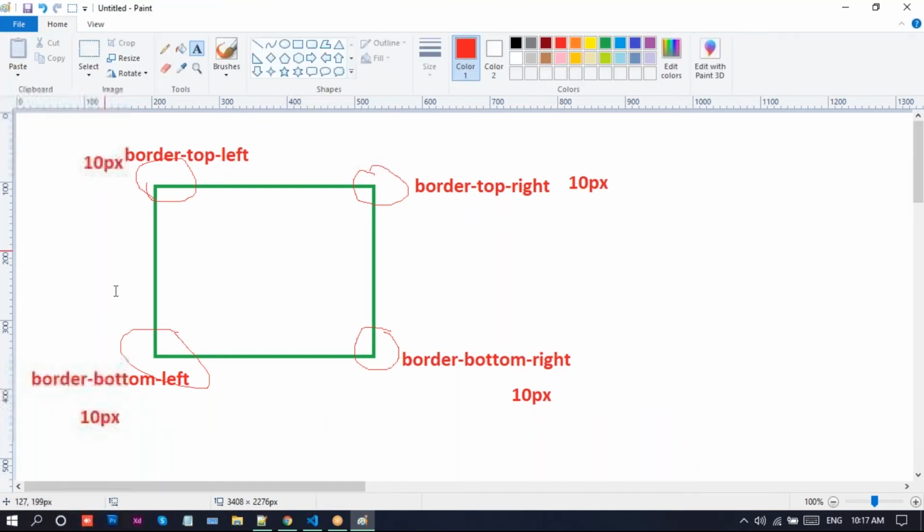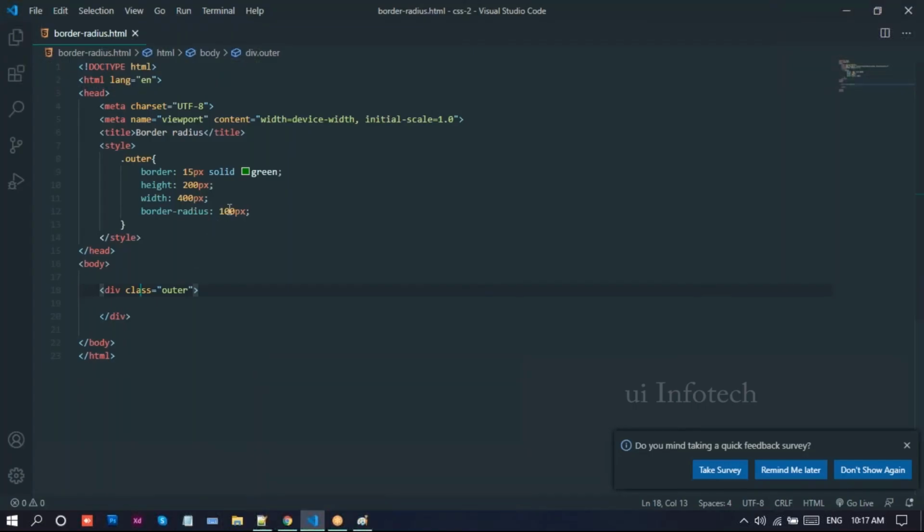So here also 10 pixels. Now let me go to this here. So if I find one value, it will take this top left, top right, bottom left. See here, I'll reduce to 10 pixels there.